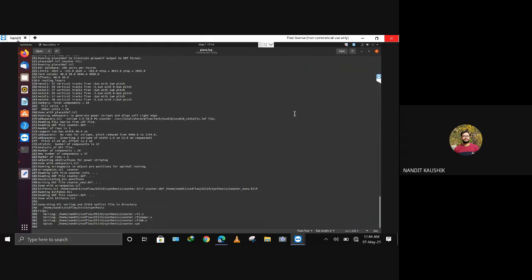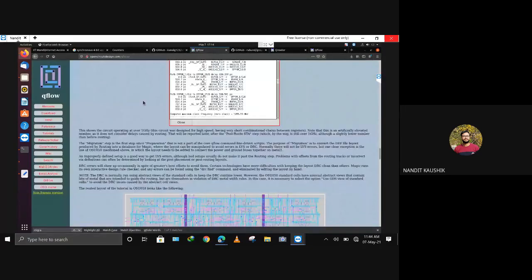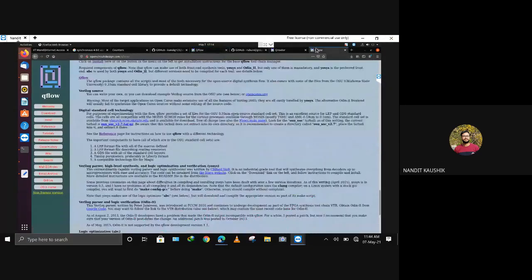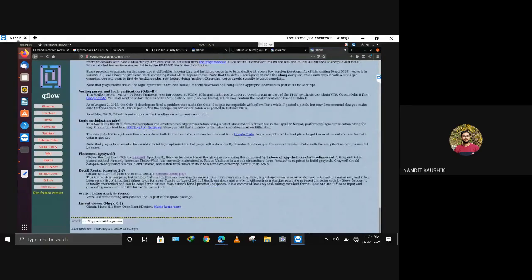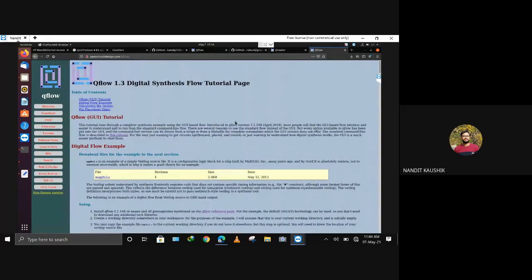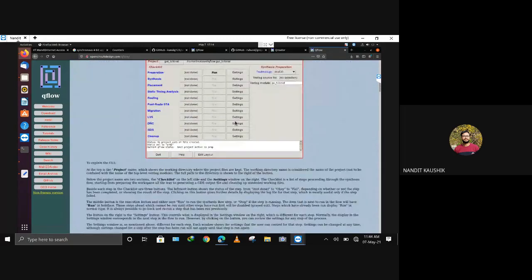Now to understand what all these files are, I recommend you go through this Qflow tool, which tells you all the required steps, like required components. If you go through this, you would be able to understand what we are doing and what the steps are. In the tutorials, he has given a full tutorial explaining what each step means and how we are proceeding.